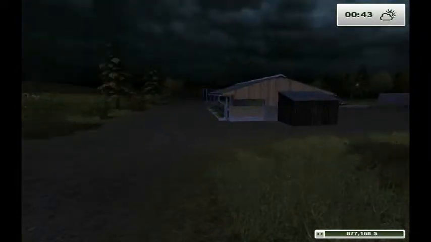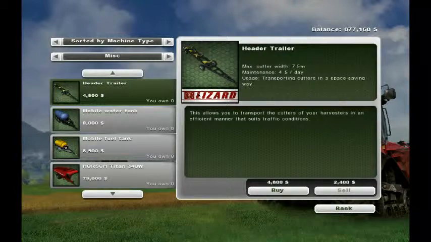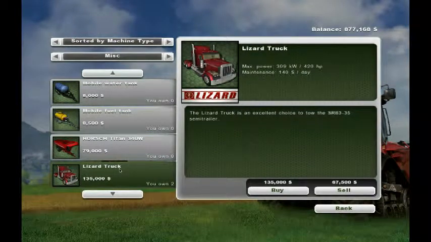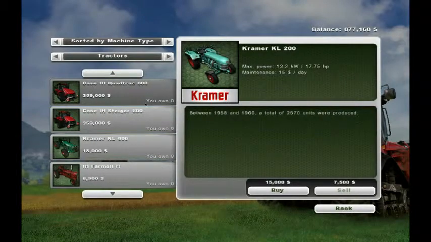Trying to think of what else I should probably go over to be sure. Here's the store. This is mystic stuff. Just small stuff. But this truck, it's not so small. It's a needed thing in the game, pretty much. I mean, not needed, but